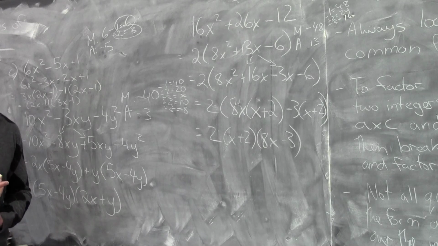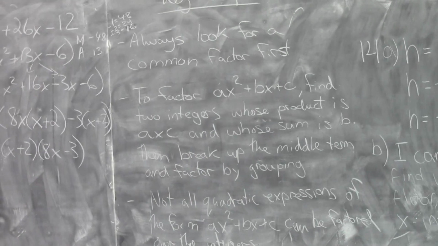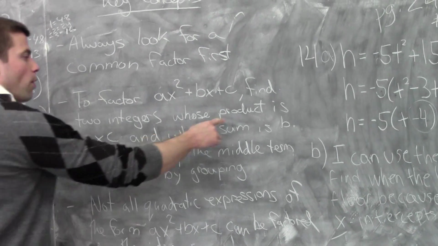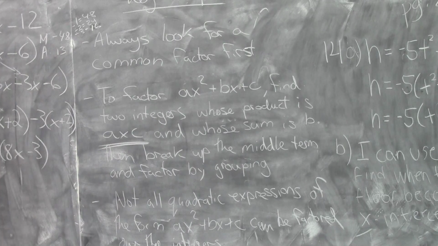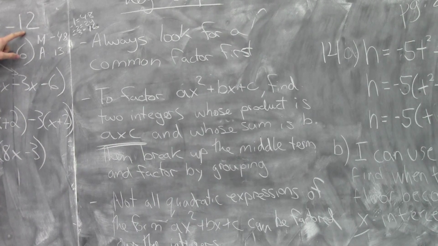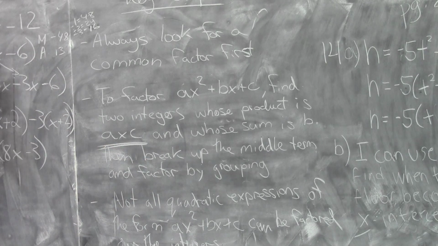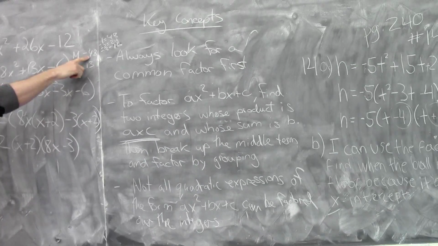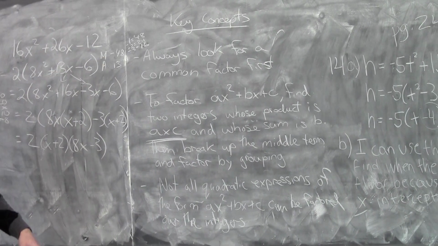Any questions? No? All right, so to summarize, you're always going to look for a common factor first. You're going to look for the a value, see if there's a common factor. Next, to factor, you're going to find 2 integers whose product, or who multiply, a times c, so that's the first coefficient times the last. Then break up the middle term and factor by grouping. So you break up the middle term into those 2 numbers that multiply to give you the AC value and add to give you the B value, and then you factor by